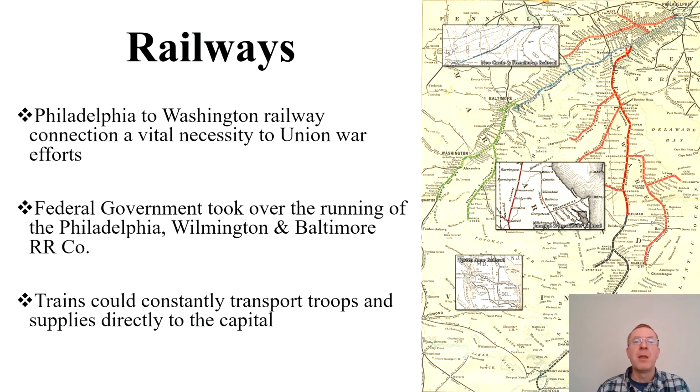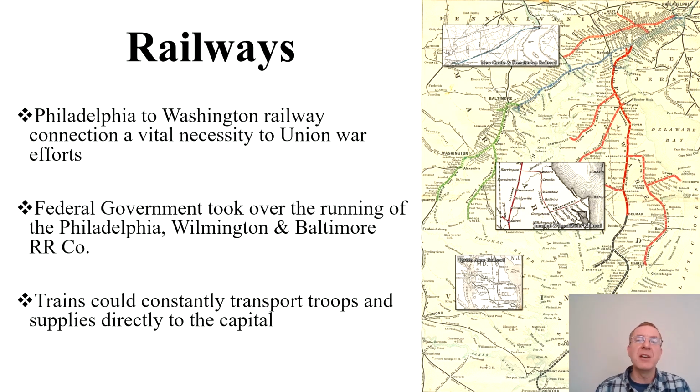So first of all, when it comes to railways, the railway line connecting Philadelphia and Washington went right through Delaware. If Delaware secedes, you risk losing that train line. It is absolutely vital for Lincoln that he secures that rail line, and that is why, after he becomes president, he is going to have the Union Army take that railroad. Not an army taking a railway. What that means is they're going to guard the hell out of it. They're going to make sure it is not threatened. They will oversee the running of it, because it's so vital.